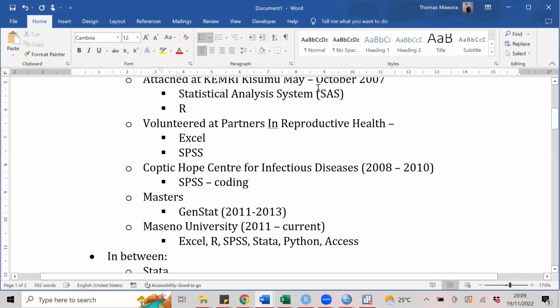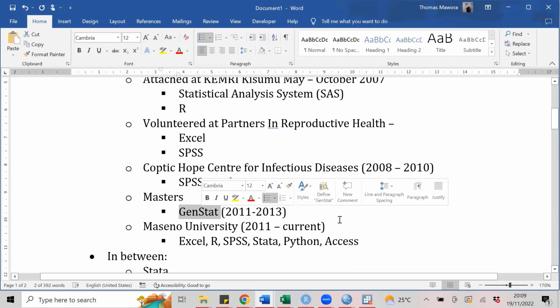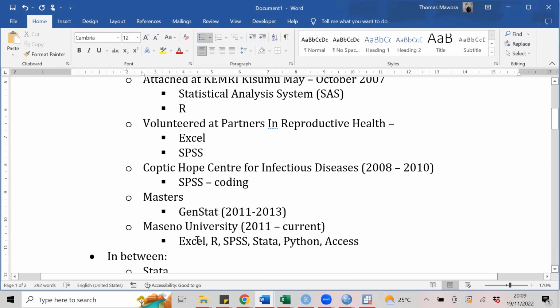The way SAS was common among health researchers, GenStat was common among agricultural researchers. And then from there, I joined Maseno as an employee, and of course, I've been using Excel, R, and Stata I've used as an employee, but not in Maseno, mostly just doing other things out there.